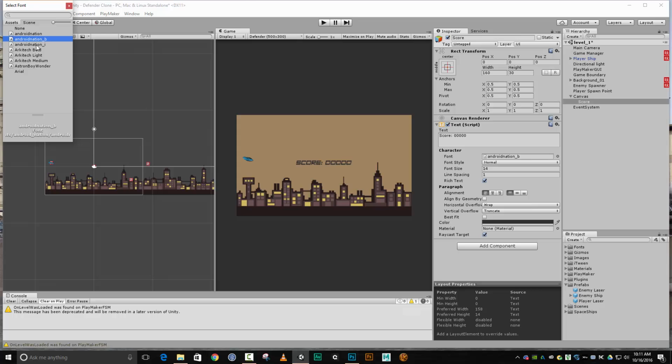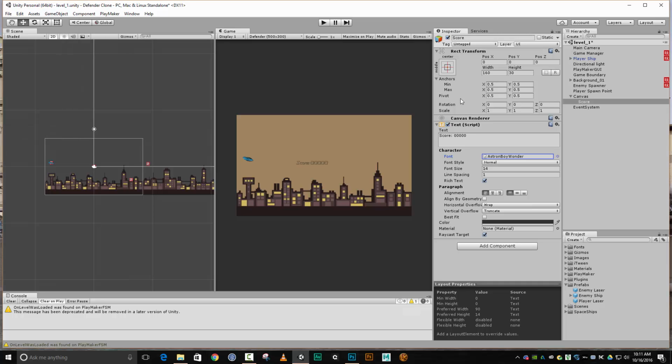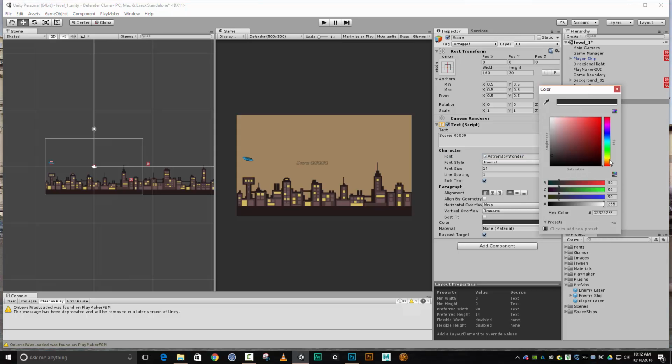See which one we like. Oh, I like that one. I like that one too. Not so much so. I kind of like this one, actually. Okay, so let me see what I can do with Astron Boy Wonder. Is that Astro Boy? I don't know. Changes. Let's change our color. What do you think? Red. And it might end up that I can't actually do anything with this, but